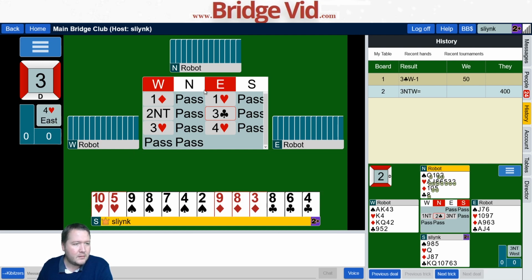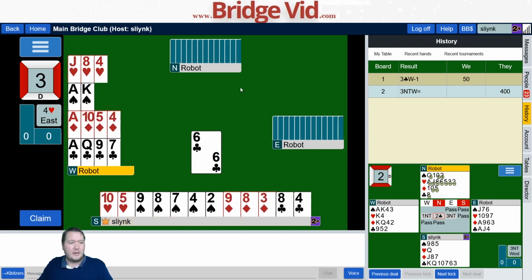So me to lead. West, like, I want to lead a spade or a club. These are my 2 real choices. And I think I probably want to lead a club. Thoughts here being that if I lead a spade, hearts are breaking. They're most likely going to draw trumps, play on diamonds if West has like a 5-card diamond suit. And I don't think we'll be able to set that many spades up. And I'm only going to get in once. So I want to finesse West in a suit that we actually have some cashing tricks. So I'll lead a club